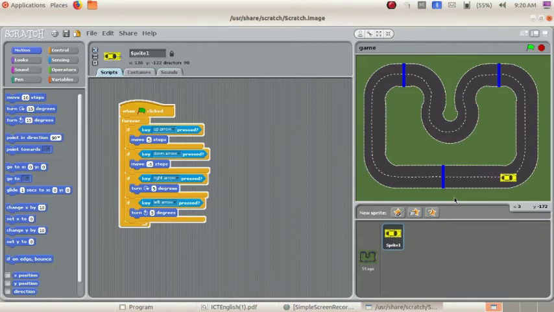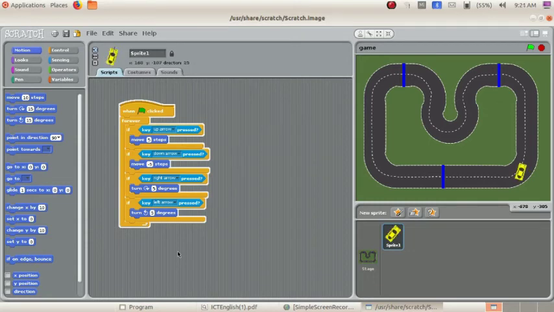See, the car is moving forward. Now I want to change the direction to the left side. Look here, for turn 5 degrees left, we have to click on the left arrow. So I am clicking on the left arrow. Now my car is changing the direction to the left side.